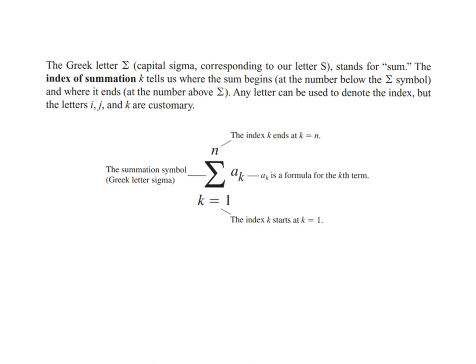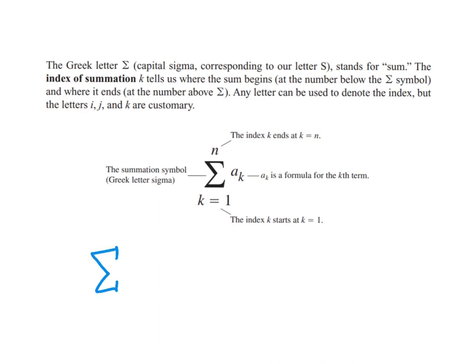So the Greek letter sigma, which is a capital sigma, corresponding to our letter S, stands for sum. The index of summation usually is indicated by the letter k, and that tells us where the sum begins. It's below the sigma symbol, and then where it ends is indicated above the sigma symbol. And then next to the sigma is our a sub k, which is a formula for the kth term in our sum. So if we were going to expand this sum to show what it means,